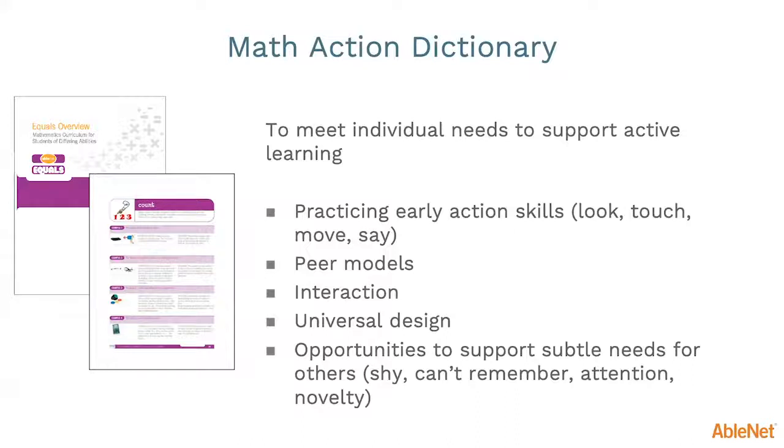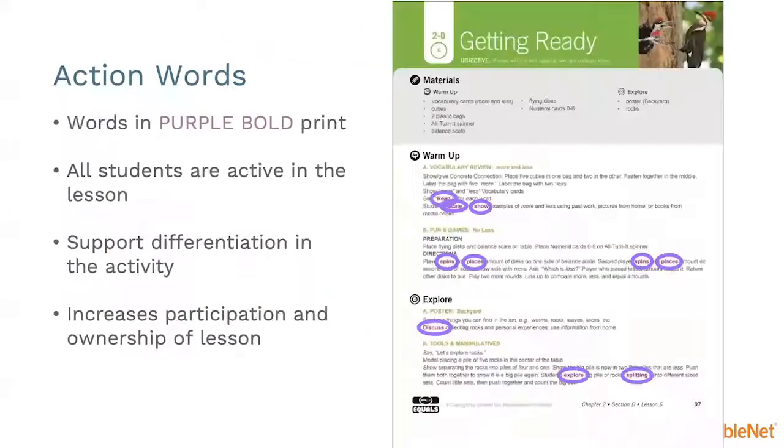The Action Dictionary provides differentiation for students during the lessons by providing suggested adaptations for actions that students are asked to perform. The Action Dictionary individualizes differentiation as students are supported based on their needs in performing the actions to be an active learner in math. As you look at the lesson pages, you will notice that there are certain words that are in a purple font. These words are considered student action words that students are asked to participate with to be that active participant